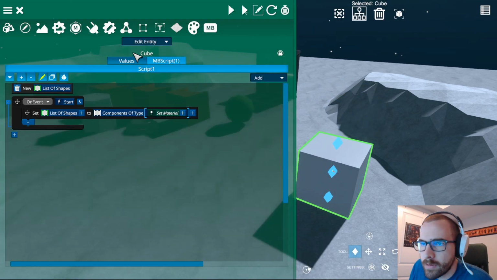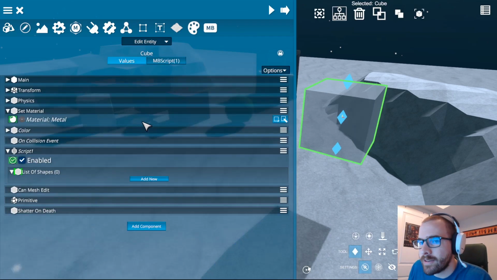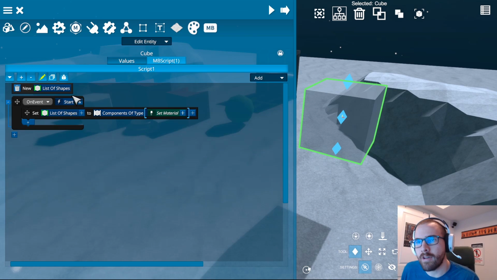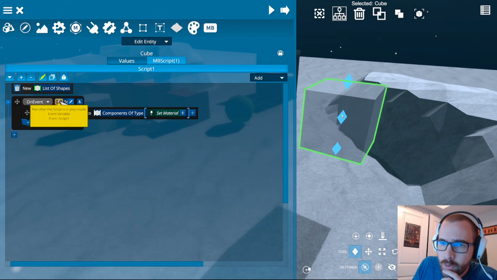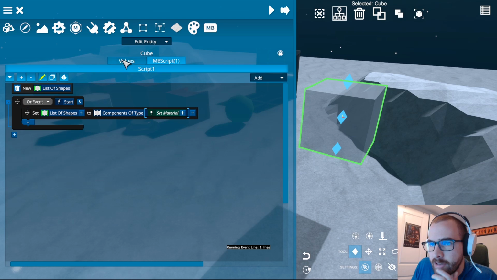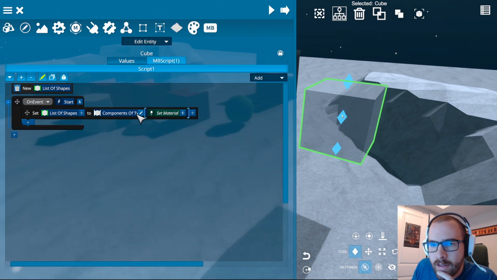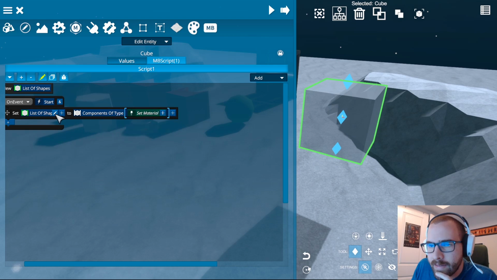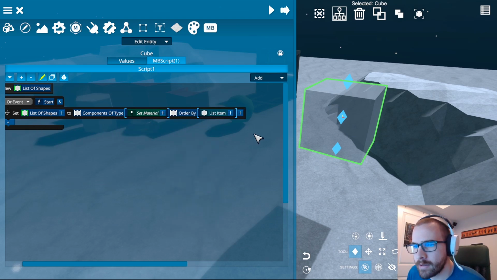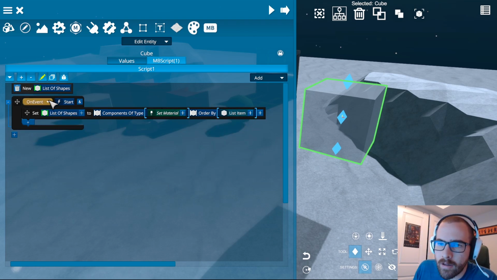And then when I go to play mode, it shows me it's all added to that list of shapes. So one thing I can do also is, in npscript, everything can run in edit mode. And it's very easy to run in edit mode. So normally this start event would only happen at the start, but I can right click and I can run event code now. And that just runs in edit mode and sets all the values. So right now there's a kind of random selection, but I could set it to that list, but let's order it by its name. So right now it's ordered automatically by whatever its name is, and I'll run that code again,